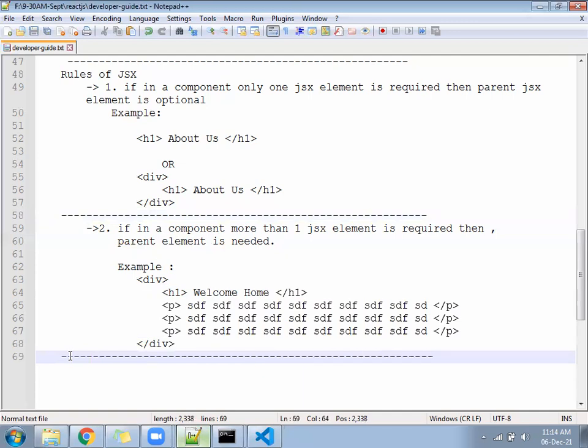The parent element is needed, or you can write compulsory. Otherwise it will throw an error; JSX will say it's an invalid document. So we keep them inside the parent element, a div tag.